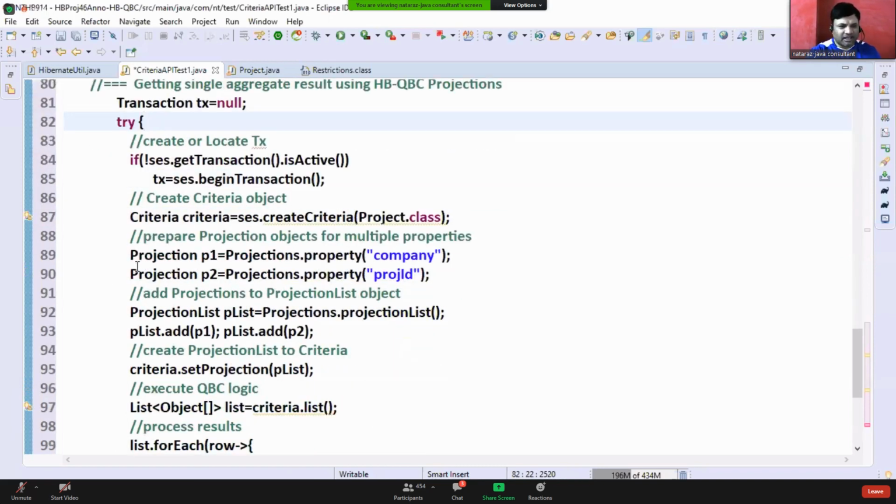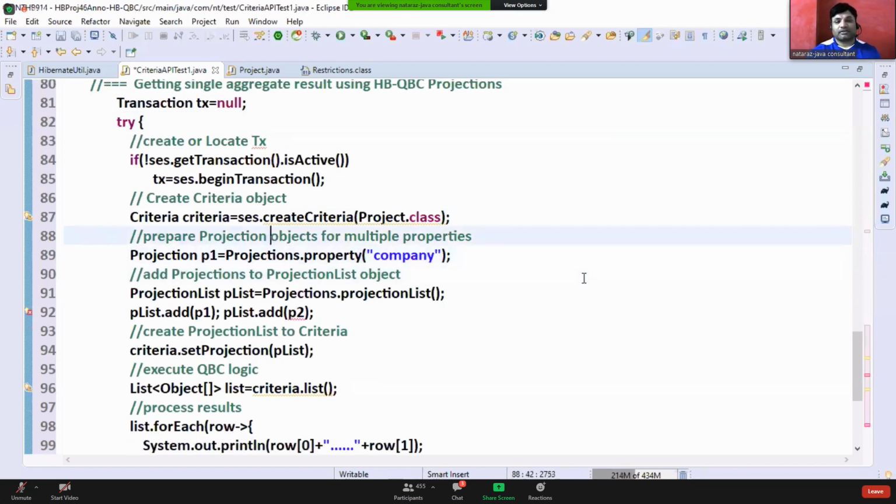Transaction. This is done. Okay, so I want to get aggregate result this time. This time, prepare projection object for aggregate result. Projection P1 is equal to